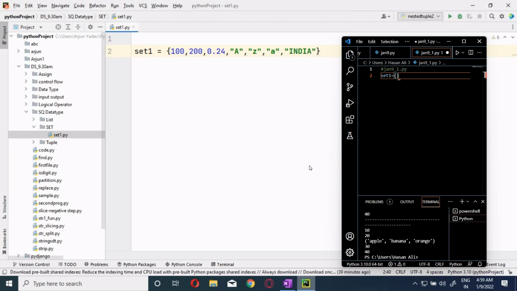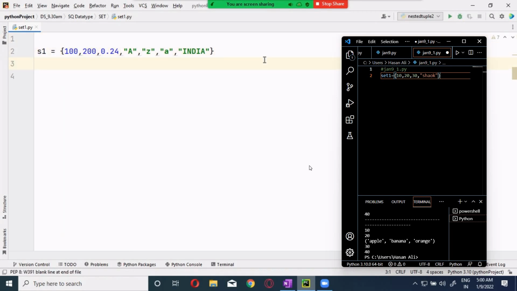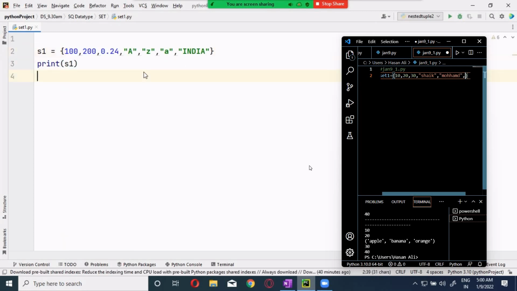Heterogeneous values. Yes, heterogeneous values. And I said that the input order will not be preserved, right? I will use S1 over here instead of set 1. Now the input order will not be preserved. If I print S1, this order will not be preserved.